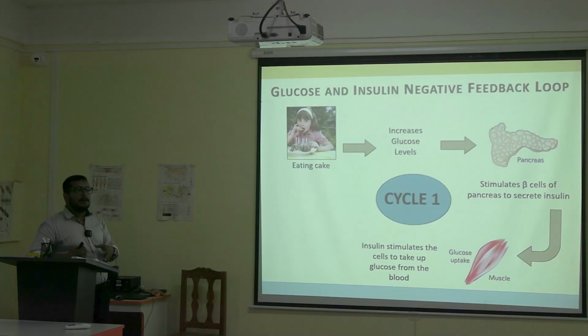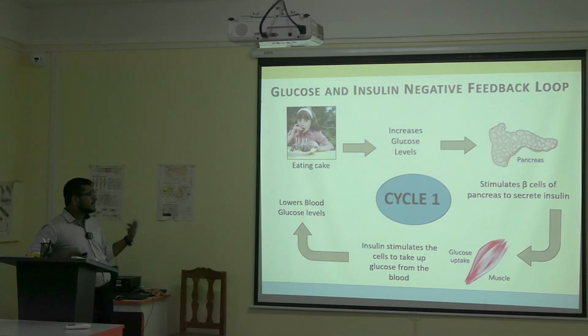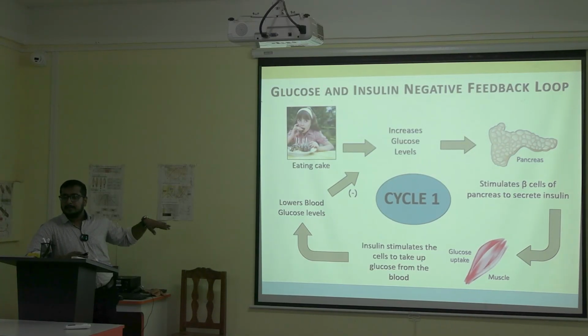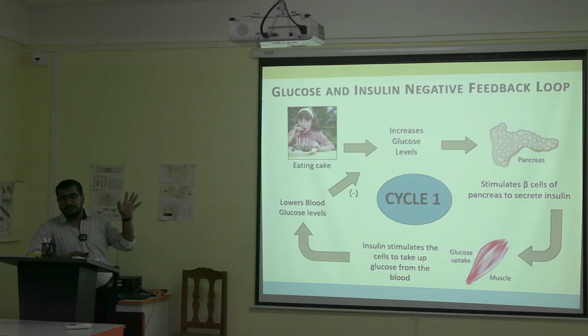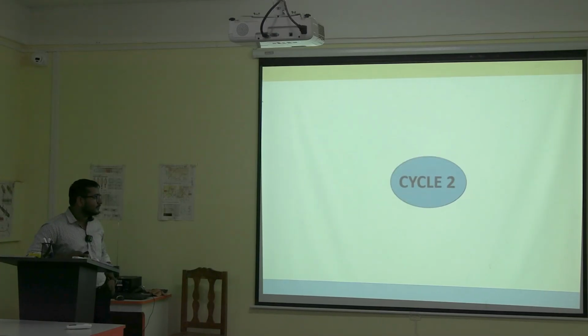How insulin helps uptake glucose will be taught in biochemistry, so we just go to the superficial stuff: in the muscle and the liver, the glucose is taken up. Once the glucose level falls, there is again a negative feedback that stops releasing insulin. Otherwise, your glucose level will drop and you will have hypoglycemia, or you will just pass out.